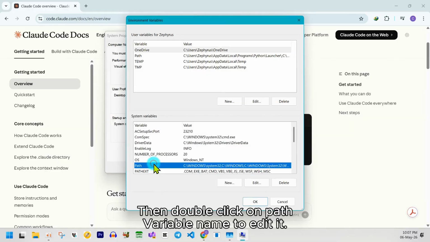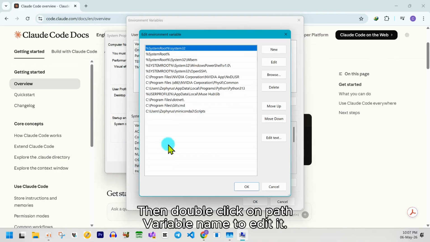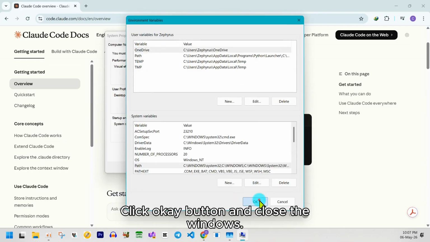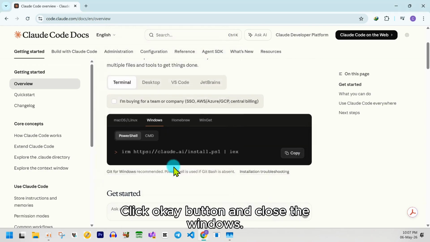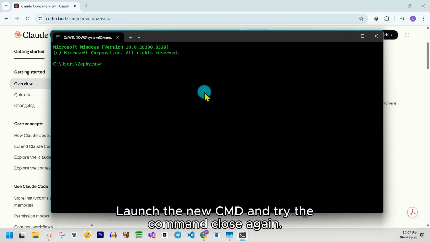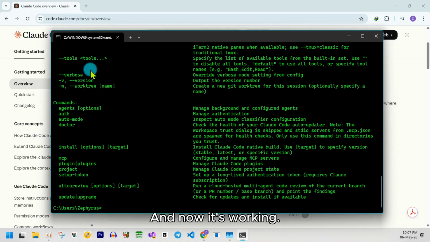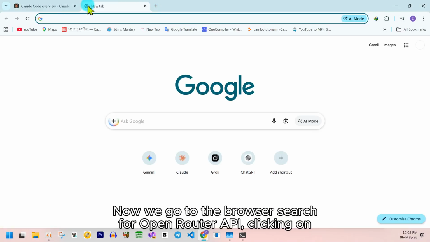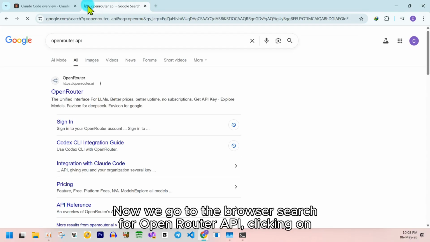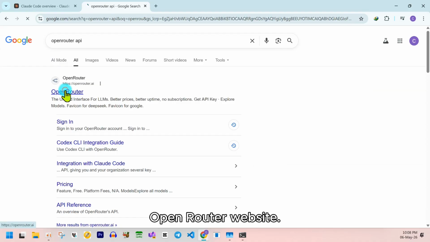Then double click on the Path variable name to edit it. Then append the directory path that we have copied. Click the OK button and close the windows. Launch a new CMD and try the Claude command again. And now it's working. Now we go to the browser, search for OpenRouter API, click on the OpenRouter website, then click